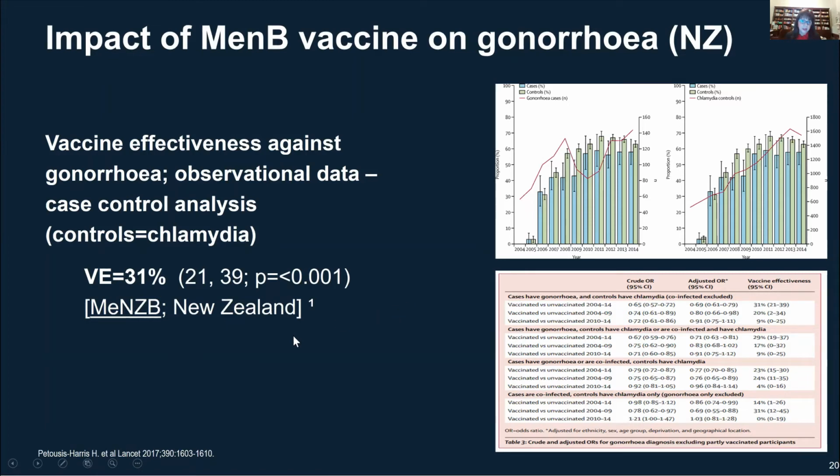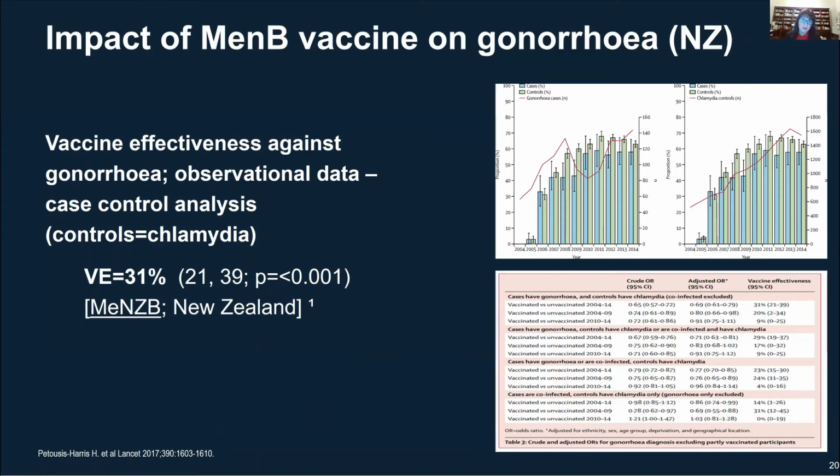It has the outer membrane vesicle from MeNZB, but it also has outer membrane proteins that are found across a high proportion of serogroup B, but also other serogroups. So it covers more strains that are circulating, causing disease. But with the MeNZB vaccine, the specific strain-specific vaccine,